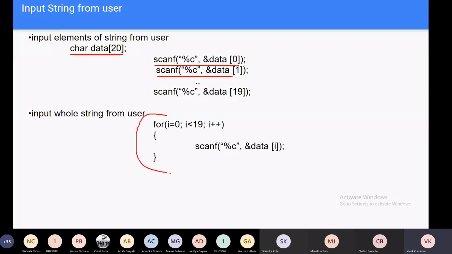But what is the drawback of inputting a character array this way? It restricts you to entering exactly 20 characters. But this character array can be used for any string, which may be shorter than 20.